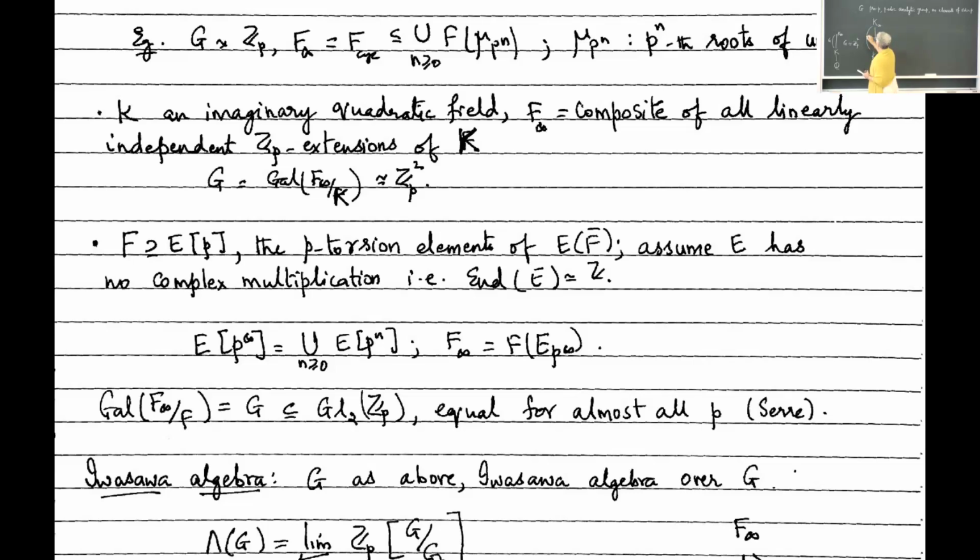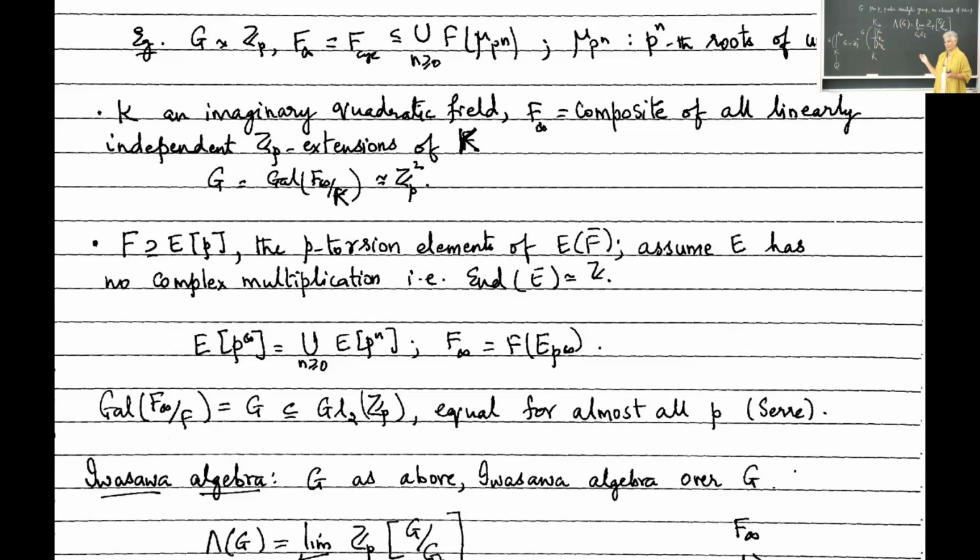So this whole Galois group is G, and then the Iwasawa algebra Lambda(G) is defined to be the inverse limit of Zp[G/Gn], where Gn varies over open normal subgroups of G. So these are the finite layers. So this is Gn and this is G mod Gn. So this is an honest group ring, and then you're just taking the inverse limit over those. So this is really a completed group ring.